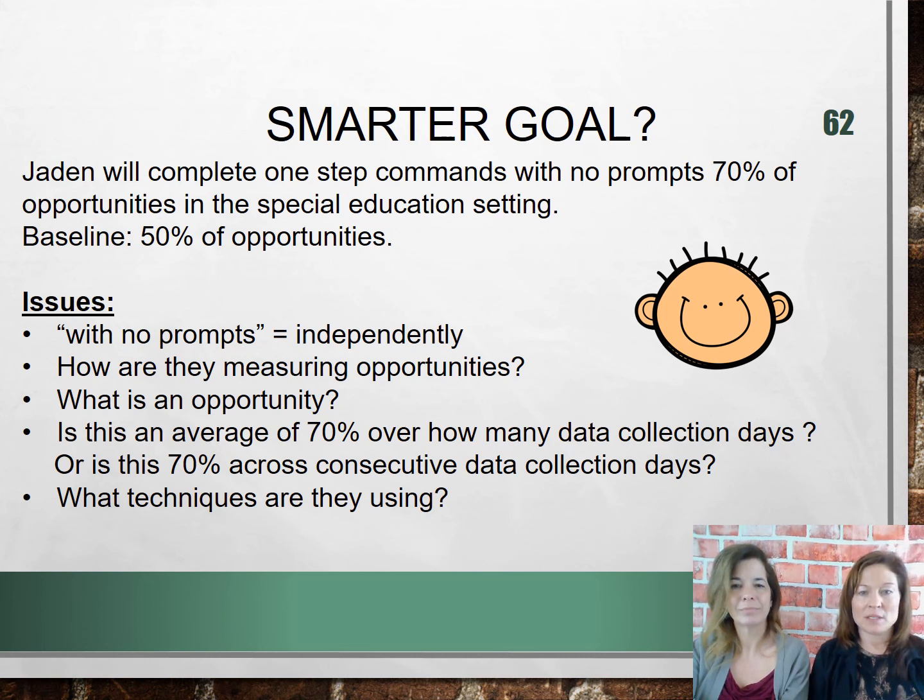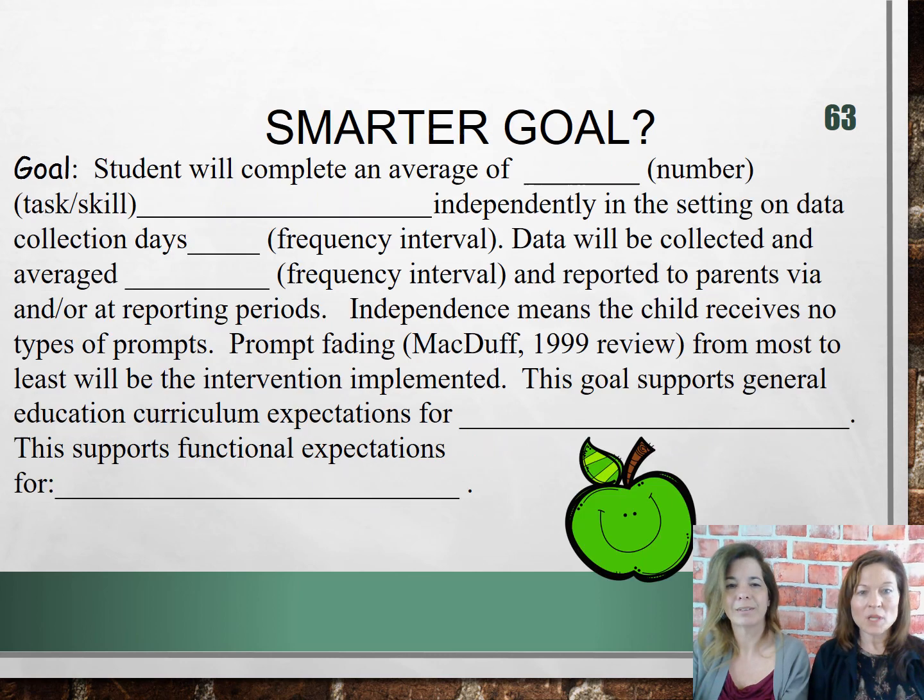So there is a way to address these types of goals where you're doing a lot of prompting, and that is something that we call a prompt fading goal. And really in special education, related services, any type of intervention, I think that's really what we are. We're sort of prompt fading masters. That's what we do. And so this template that we've developed can really help you with setting up those types of prompt fading goals. And you can pretty much plug in any type of thing here. You can choose the number and the task and the skill.